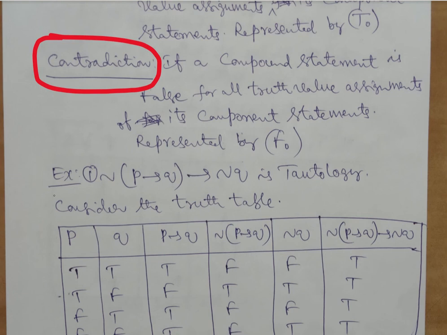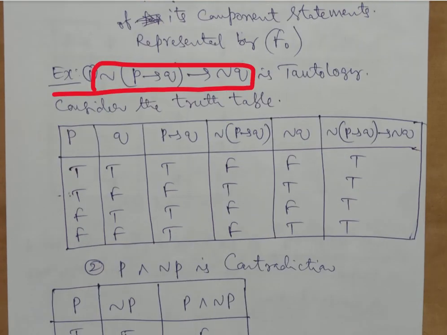So for example, let us see whether this statement can be a tautology. What is this statement? Negation P implication Q, that implies negation Q. First of all, is it a compound statement? Yes. P is a primitive statement, Q is a primitive statement. We already combined them here. This is one compound statement. It has become another compound statement through negation. Put together again here, there is so much compoundness involved. So obviously this statement is a compound statement by nature, and hence we have to see whether it is a tautology or not. So the best way is to have the truth table.